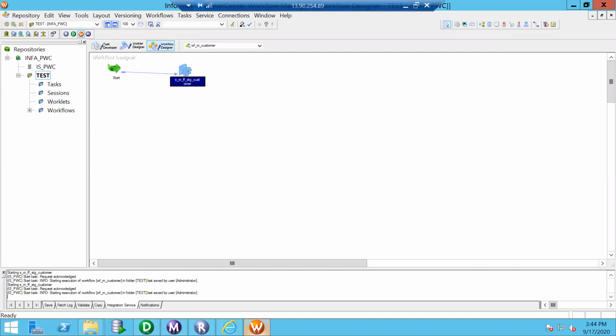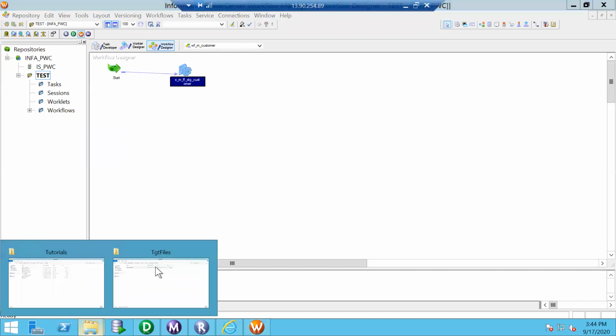And finally, if we have a requirement where we need to read data from multiple files which have the same definition and also need to be loaded into the same target, then we can use the concept of an indirect file, wherein we create a file which contains all the entries.